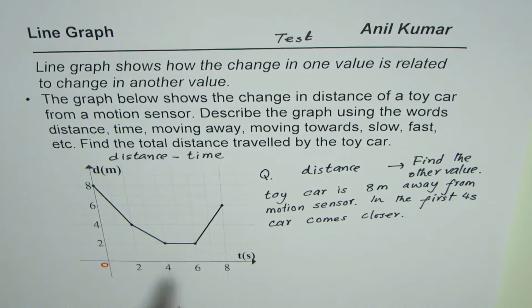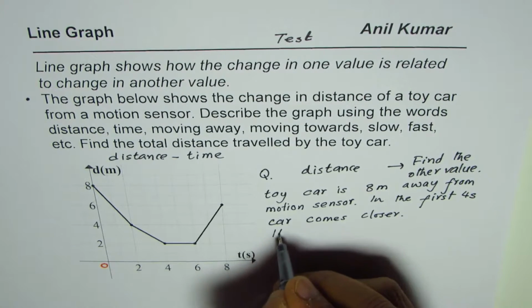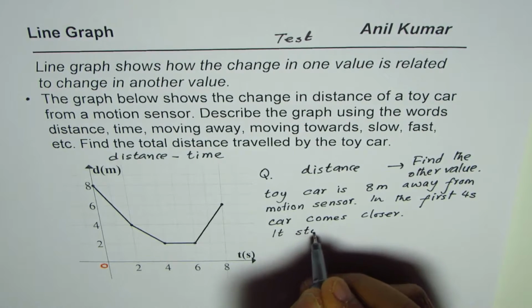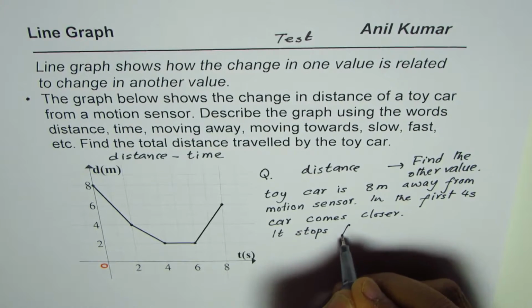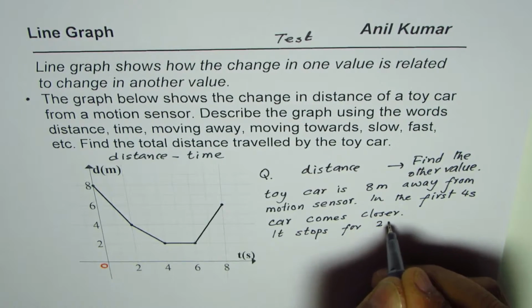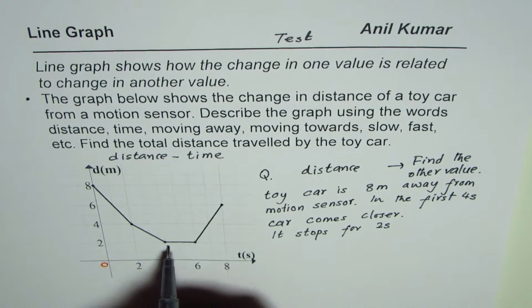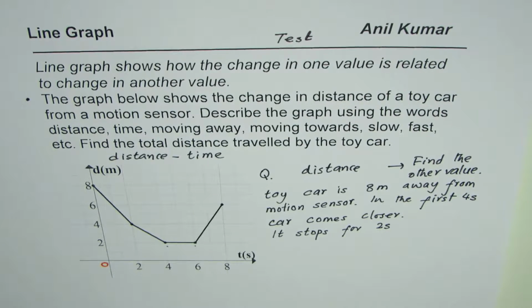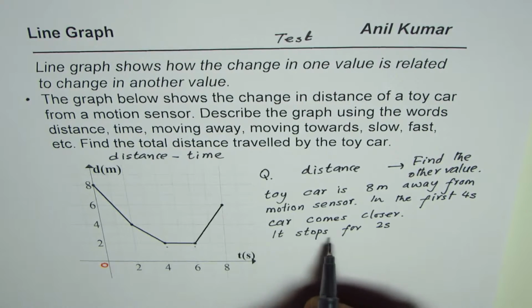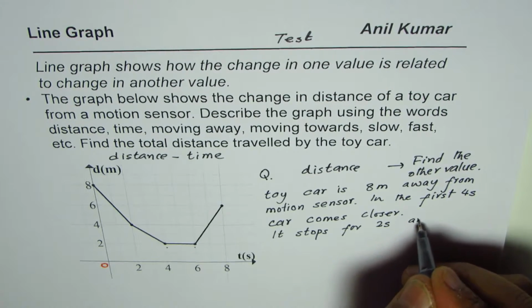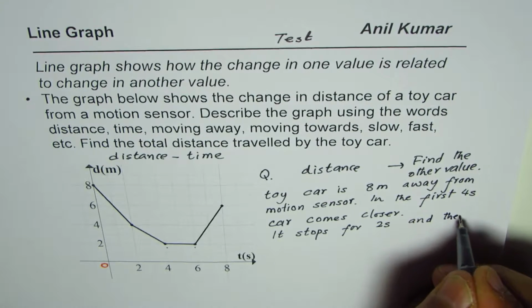Then what happens? It stops for 2 seconds, right? So that is when the distance is not changing. So since the distance is not changing, we can say stops for 2 seconds and then moves further